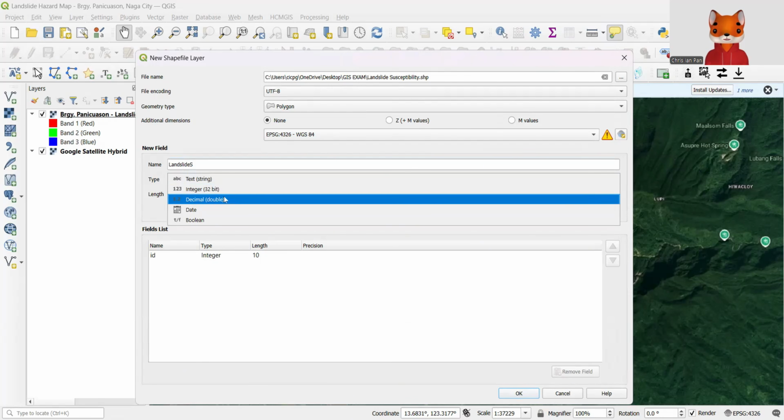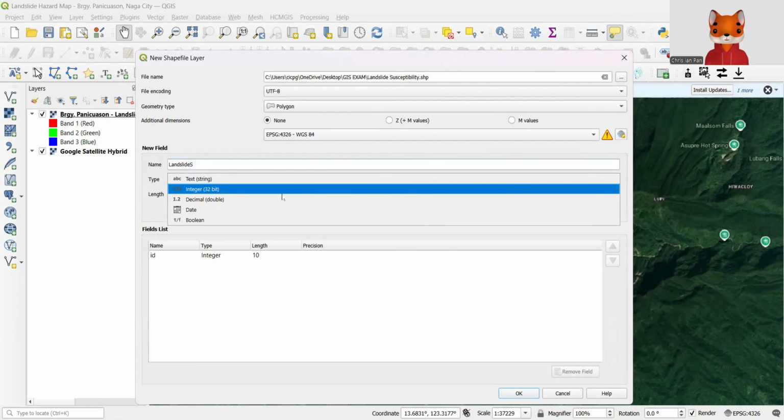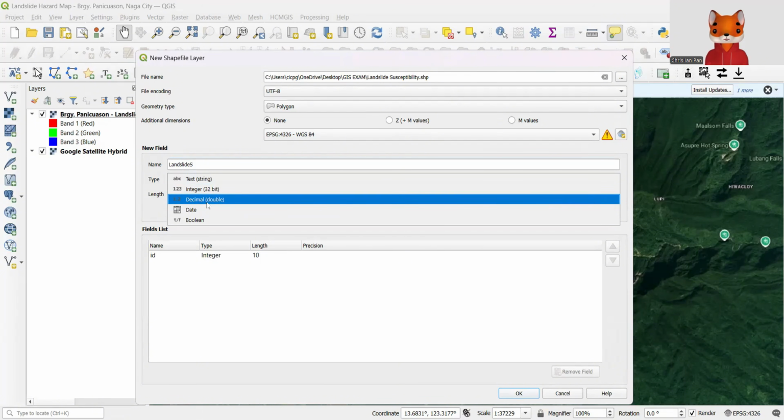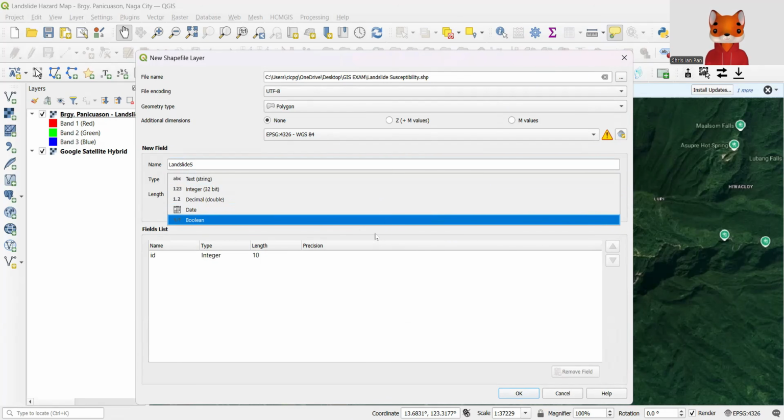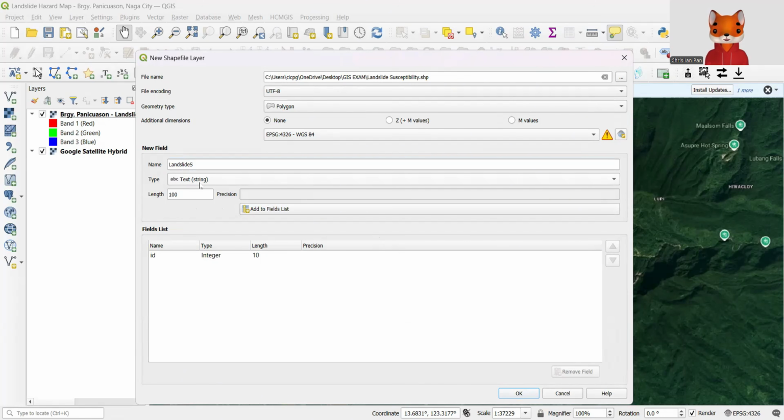Unlike integer, where you can only type whole numbers, and for decimal, you can type decimal numbers. In this activity, we will select text string. Length is 100. Then you select add to fields list.